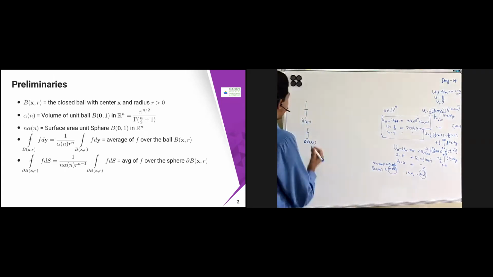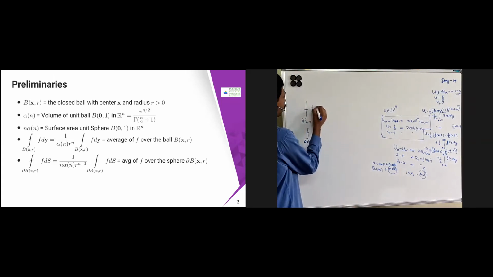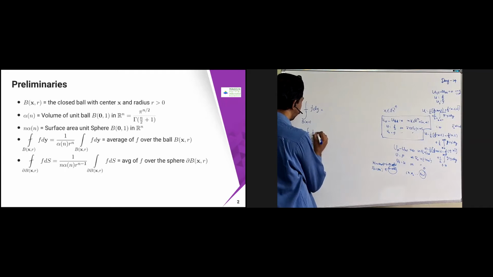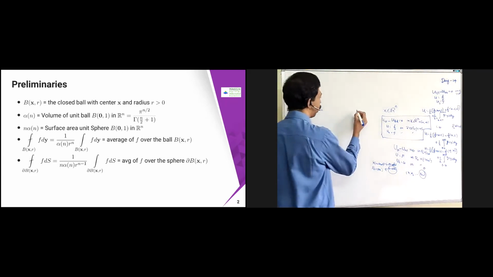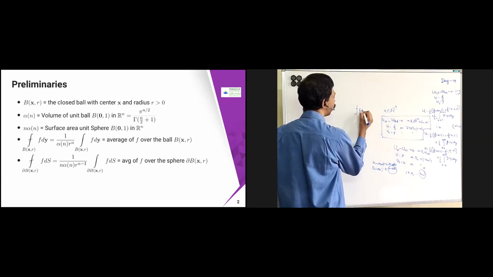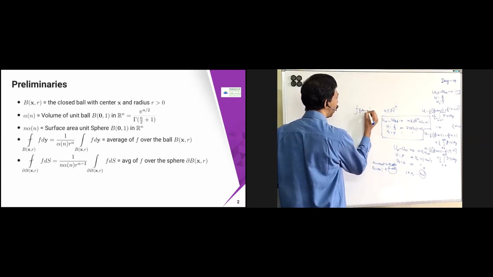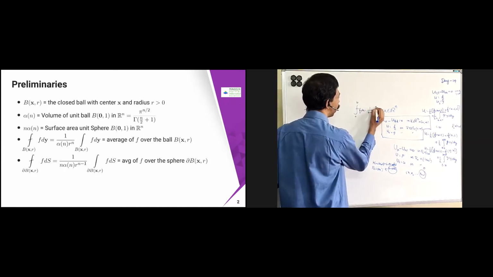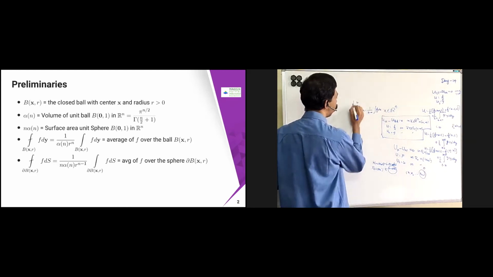What is the average integral, that is, the average of f dy or f dx, whatever you call it. Here also f dy, we'll see what that is. Now let's see what the average integral is in the one dimensional case first. What is the average of f dx? Suppose the interval is a to b. This is nothing but 1 by (b minus a) integral f dx. This is called the average in the one dimensional case.